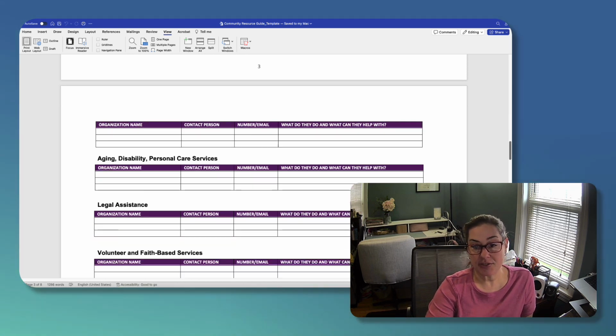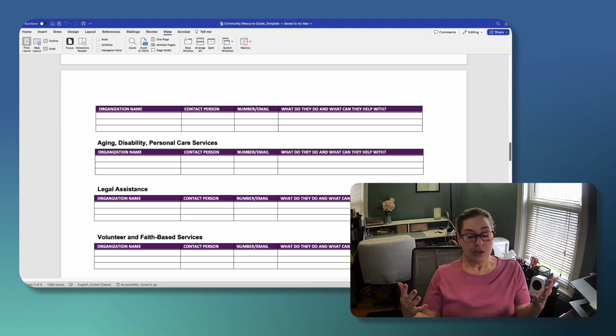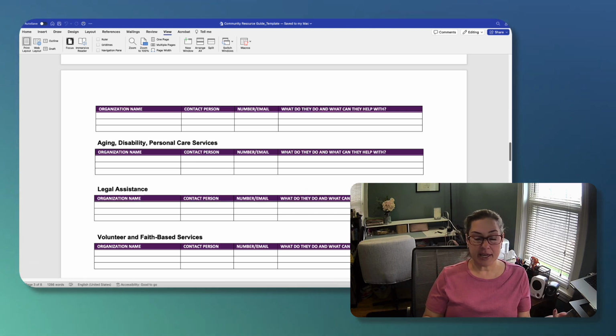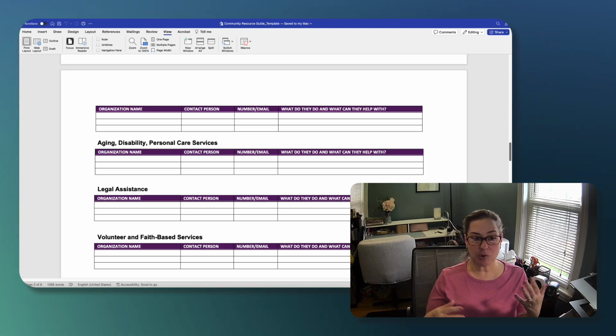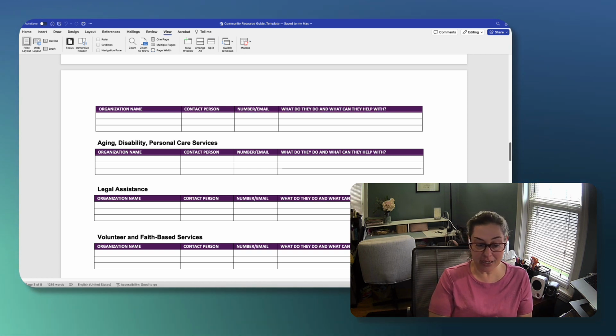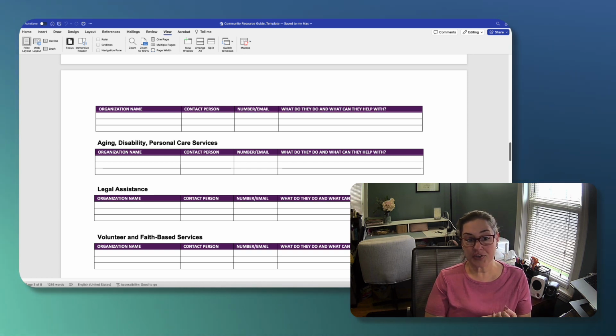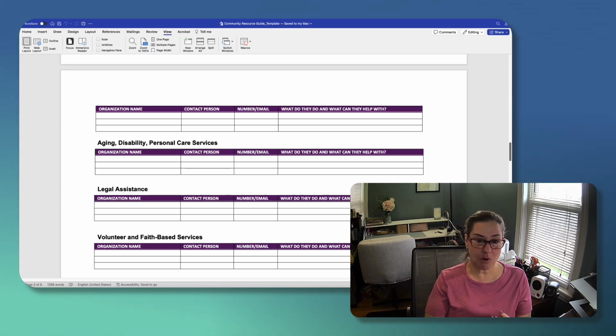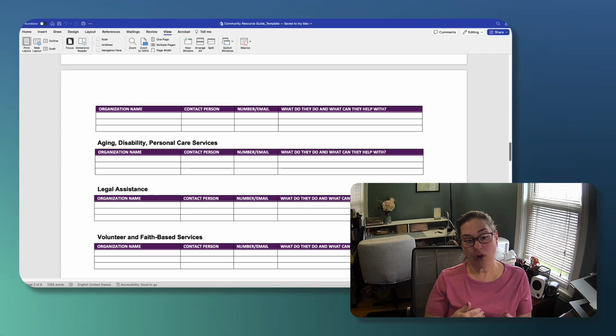Legal assistance. You might have someone that has everything from debt to family issues to a whole bunch of other things to applying for SSI and being denied. Legal costs are very expensive, and usually most states do offer low or no cost legal assistance for people who qualify that have a disability.